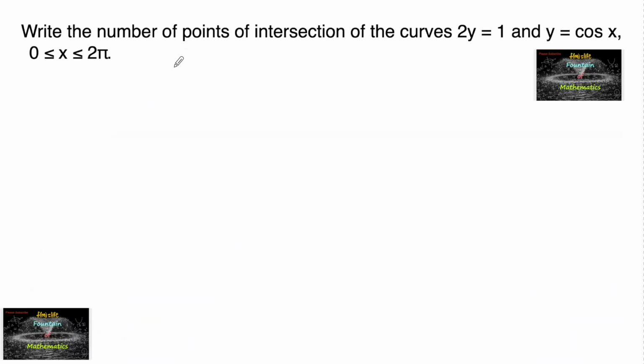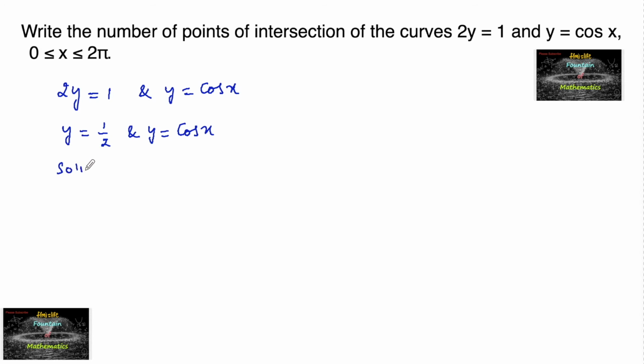Write the number of points of intersection of the curves 2y equals 1 and y equals cos x in the interval 0 to 2 pi. So 2y equals 1, that is y equals 1 by 2, and y equals cos x. To find the points of intersection, solving these both equations,